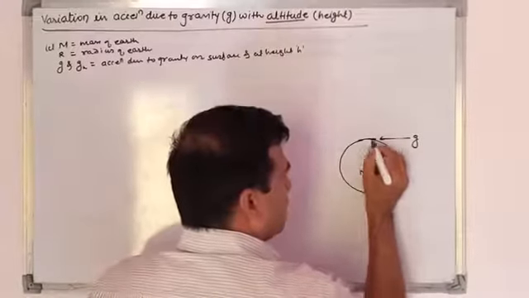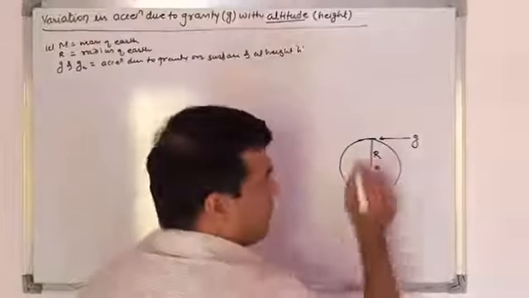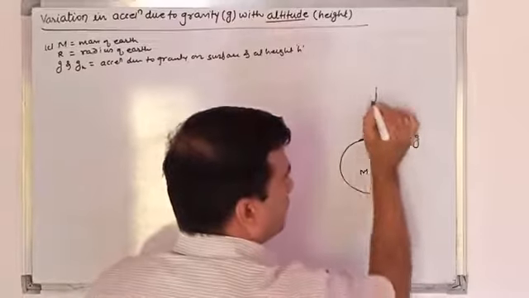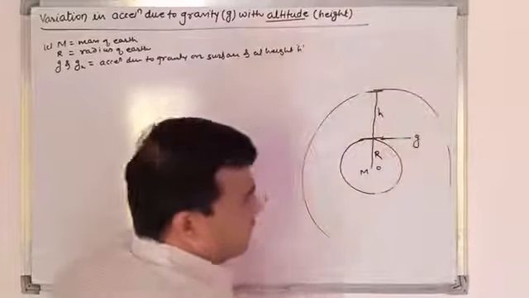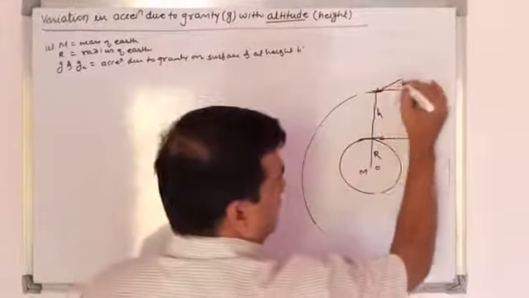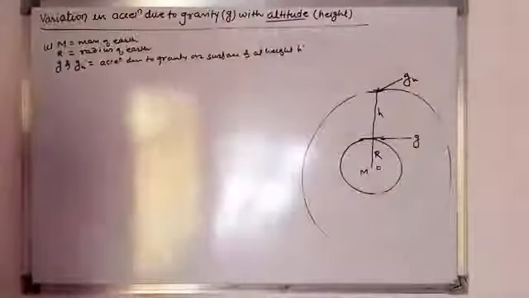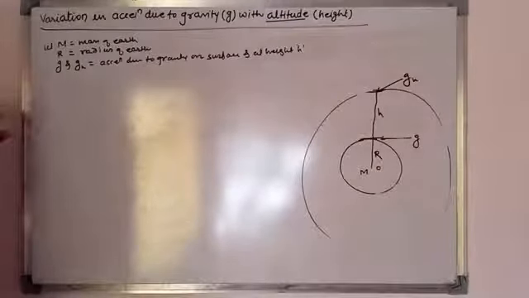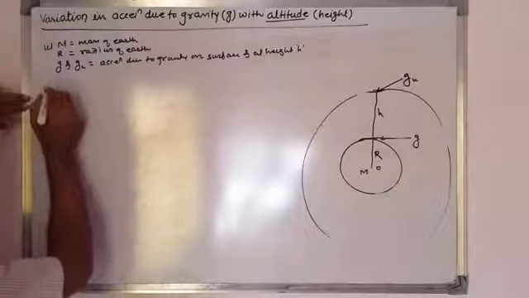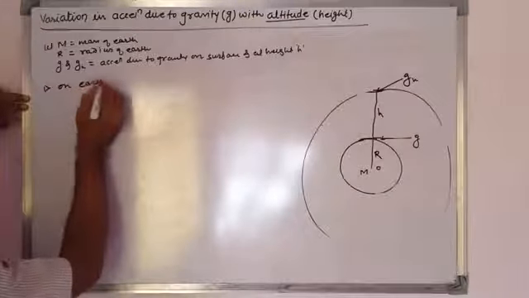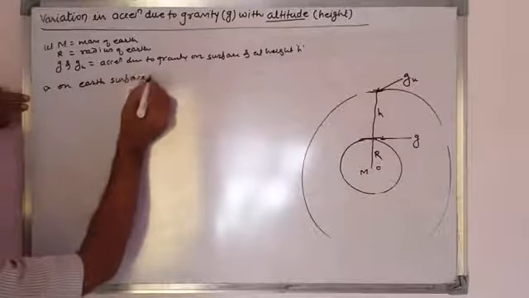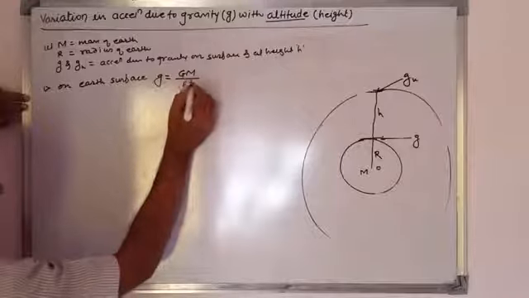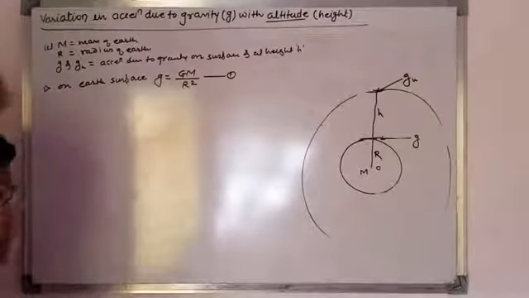Up to the surface of earth, this is a distance R, and suppose any body is at height h from the earth surface in this way. So let at this point the acceleration due to gravity be g_h. Now using the relation between acceleration due to gravity and the universal gravitational constant, first on earth surface g is equal to GM upon R square. This is equation number 1.